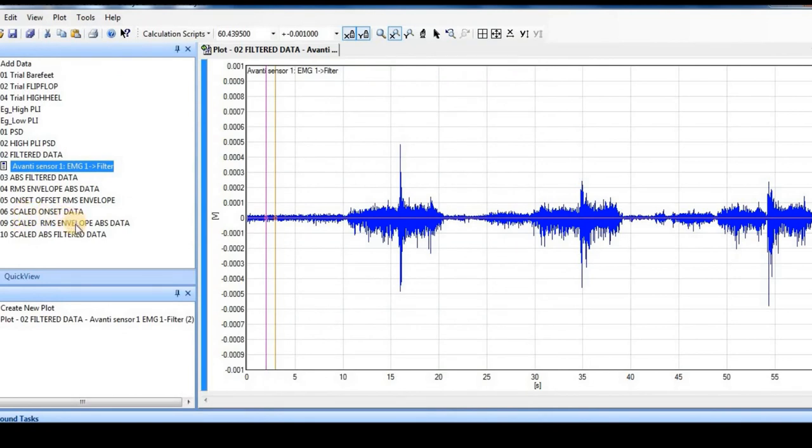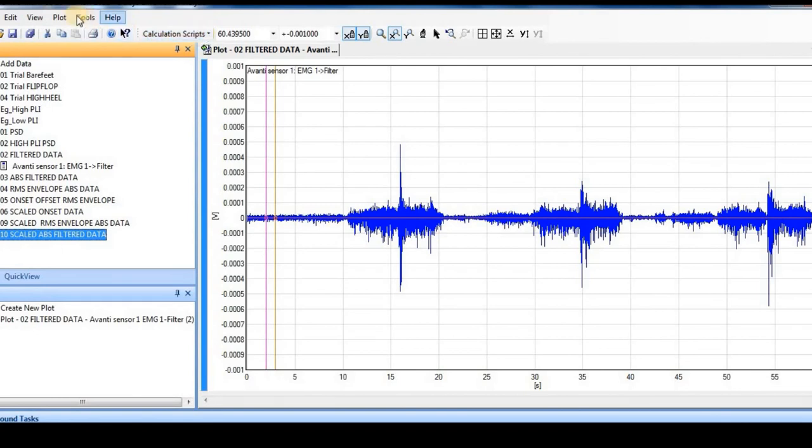One is for the envelope, that is number 9. One is for the rectified signal, that is number 10. And one is the onset data, or the data that I got after thresholding of the signal. And I would like to now see them all in one plot so that I can see what happens on the timeline and on the amplitude y-axis.